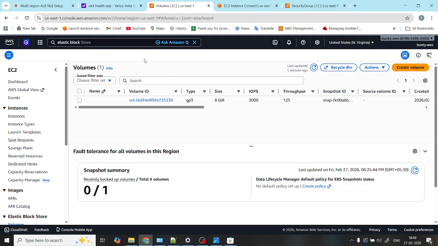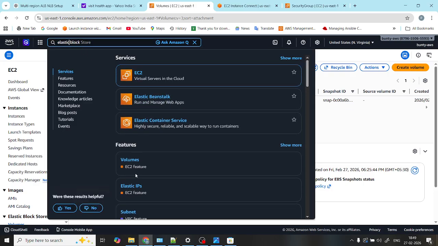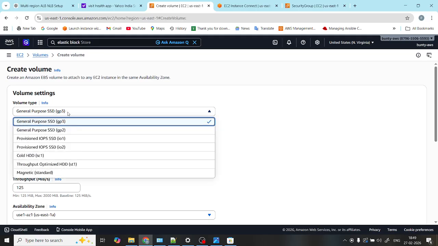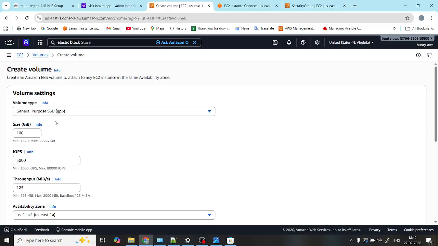So you can come here in the EC2 feature. There is a section called Volumes. Come here in the Volumes section and click on Create volume. Choose your volume type. Currently, I am choosing General Purpose because I don't have that high a requirement. The types of volume that are available, we have already covered in our theory sessions. Okay, so I'm choosing General Purpose,